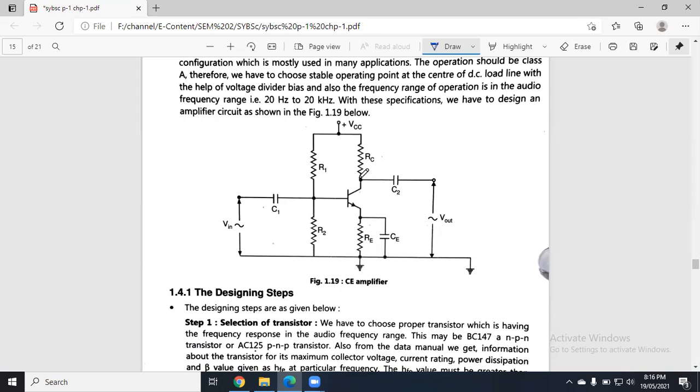First of all, we have a transistor. After that, there is a supply voltage. After that, there is an input. We cannot just apply the input directly to the transistor, so we have a capacitor in between. It is called the input capacitor. There is a voltage divider, R1 and R2, and the output of this voltage divider is applied to the base of the transistor. The collector of the transistor is connected to VCC via RC. The emitter of the transistor is connected to ground via RE and CE. C2 is the output capacitor, and there is a final output.